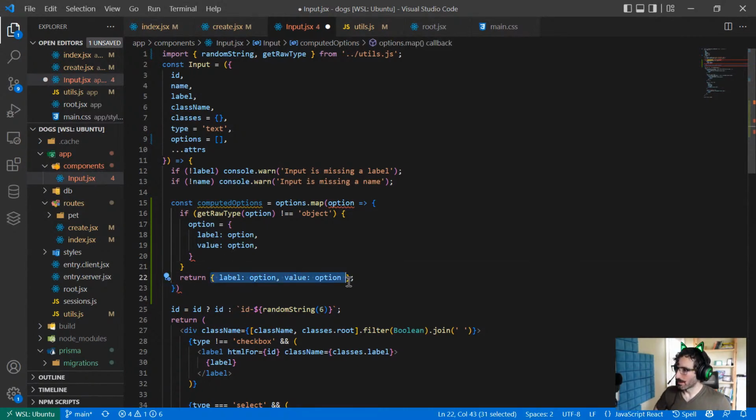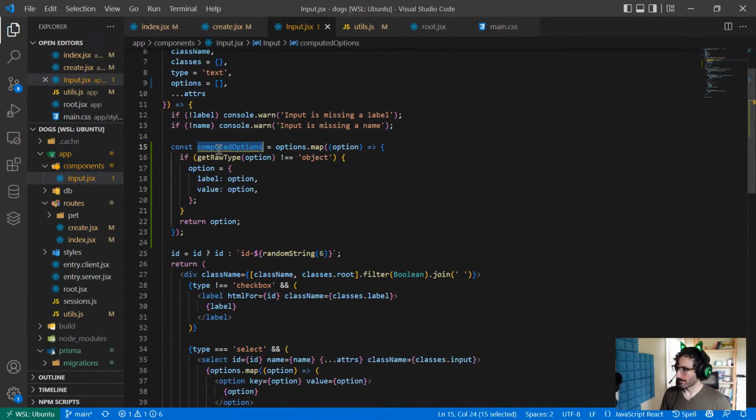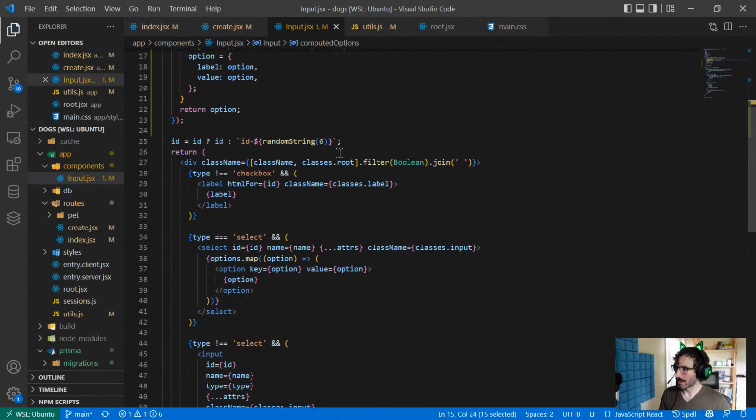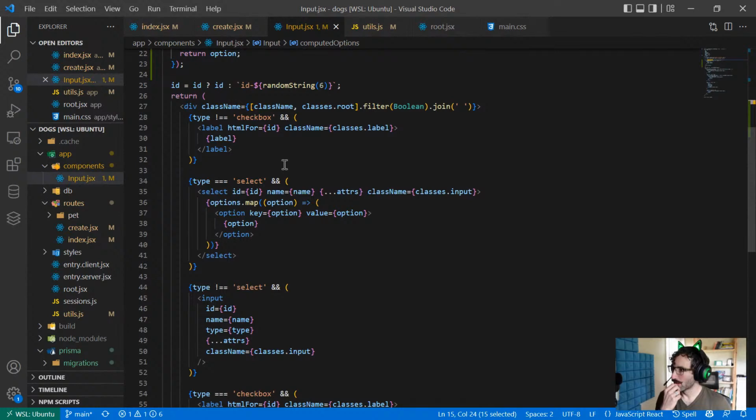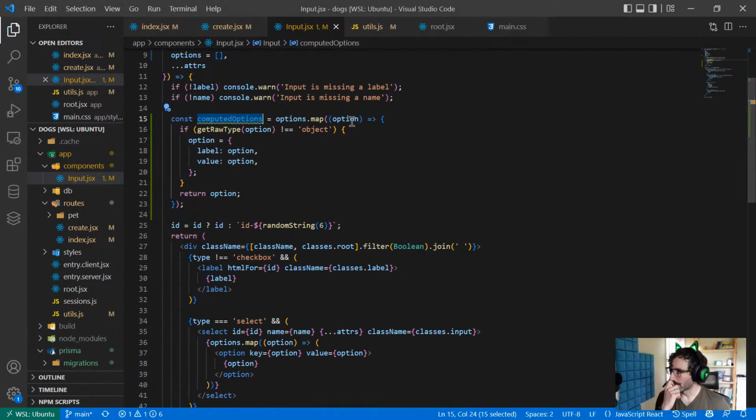Well, I think here, yeah, we can just return the option. Cool. So this way, if we're accepting just an array of strings, we'll loop through each of them. And if we accept an array of options,